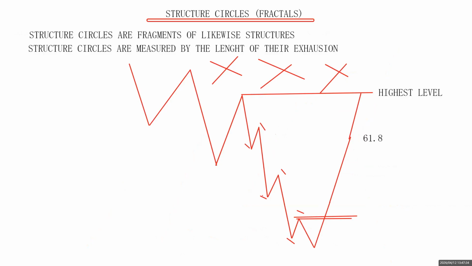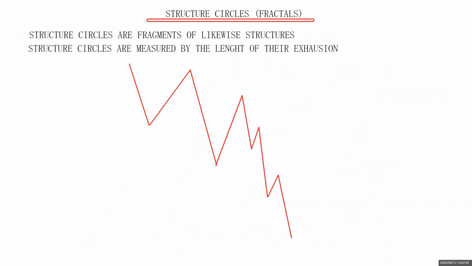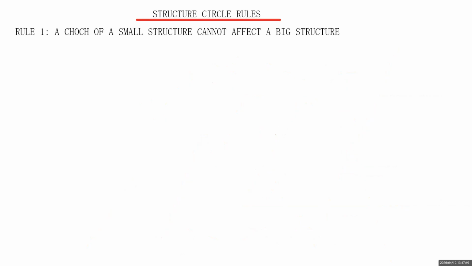So what is the next thing that we are going to be talking about? The next thing that we are going to be talking about is the second rule of structure circles. And what does the second rule state? This is rule one. There are two very important rules of trading structure circles. Rule two states that